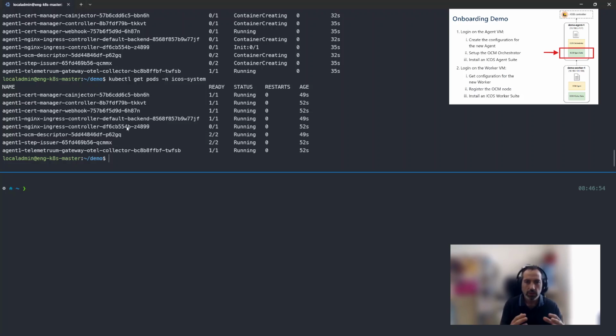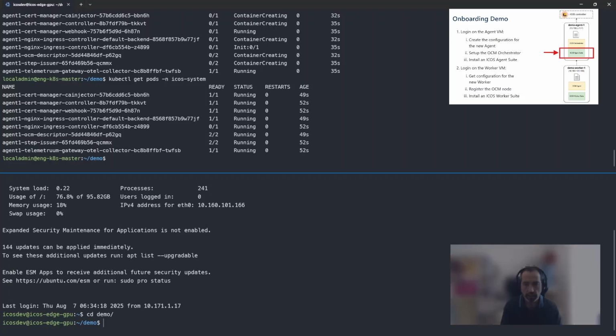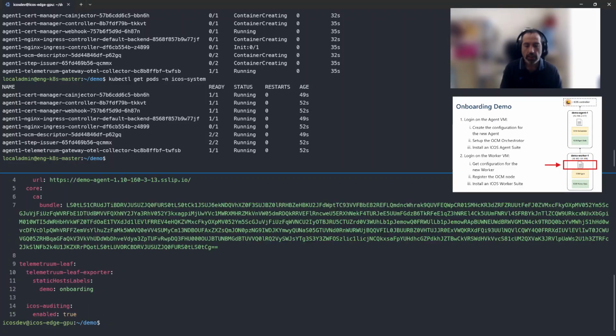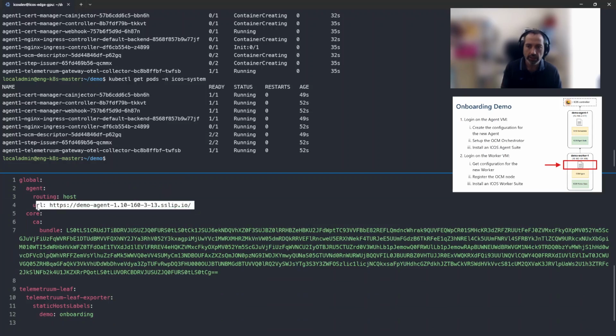The next step now is to configure a worker. As we said before, an agent without a worker cannot execute any code. So we log in to the second machine now, and we will set up the worker in this virtual machine. Also, in this case, we need a configuration. Here we have a much simpler configuration. We just need the URL